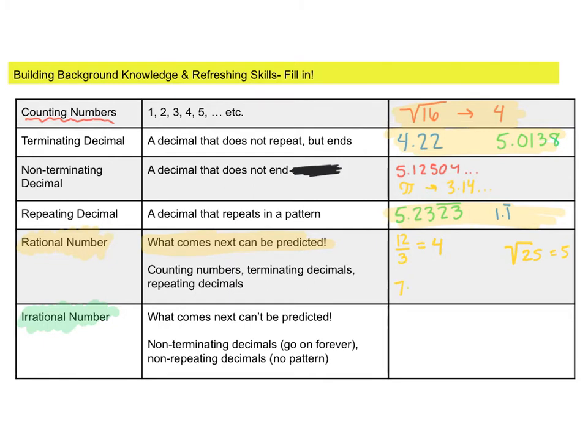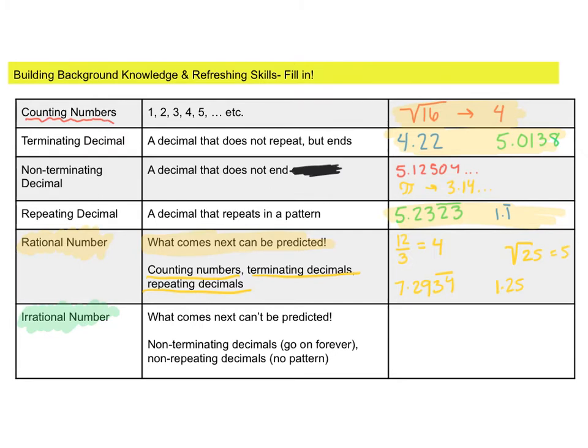If I had 7.2934 with a 3, 4 repeating, that's a rational number because I know what comes next. If I had 1.25, that's a rational number because it ends. So I know what comes next. So counting numbers, terminating decimals, repeating decimals, if we can predict what's going to come next, then it is a